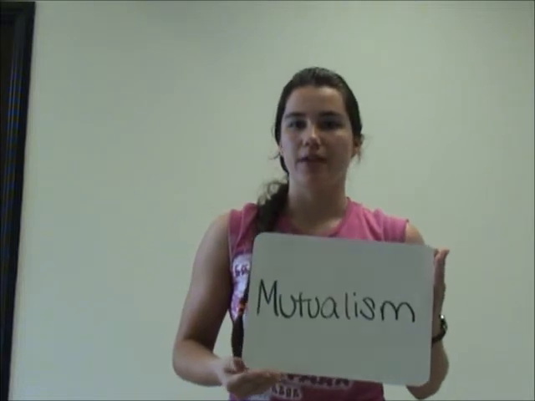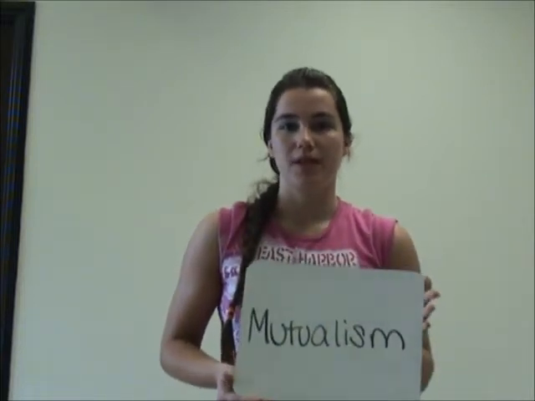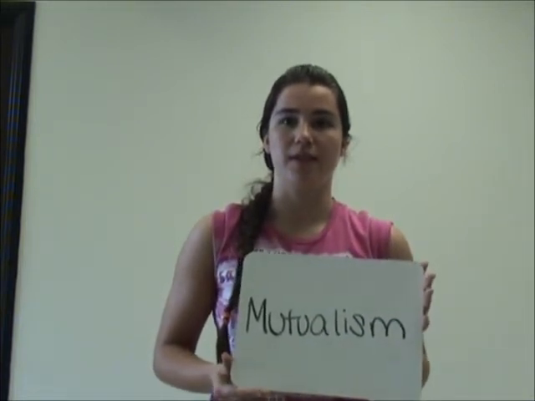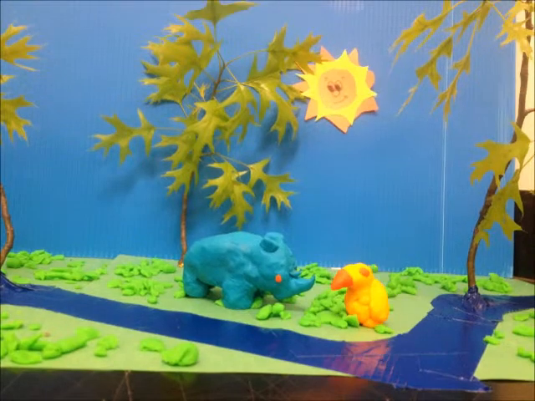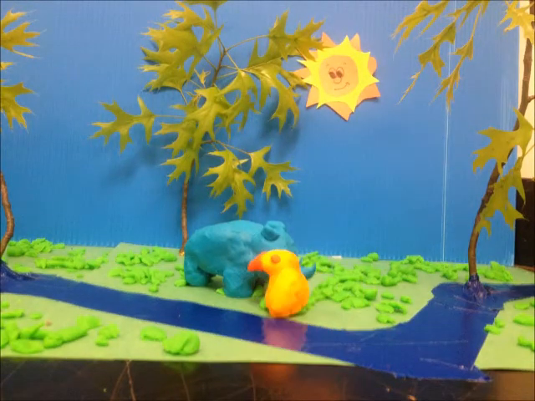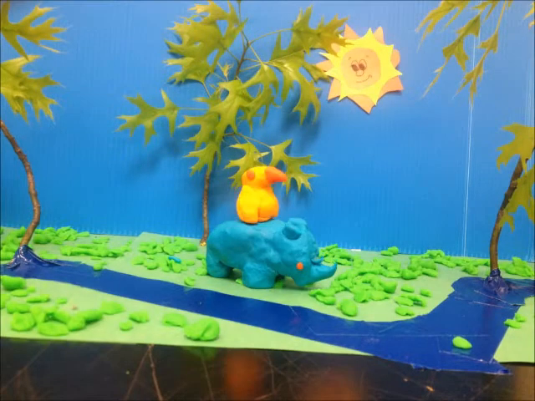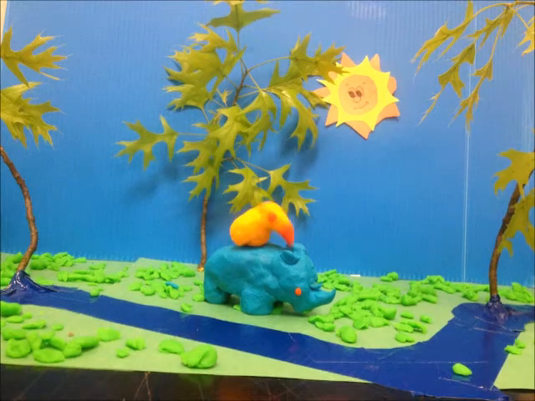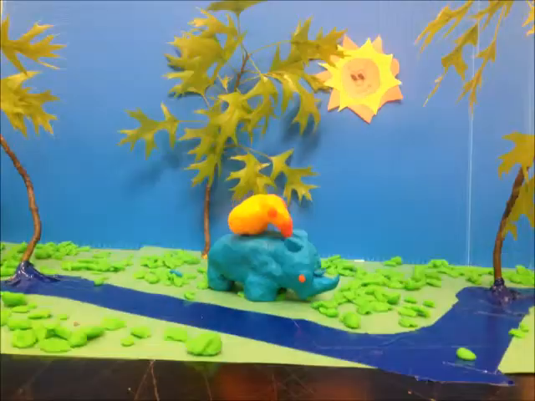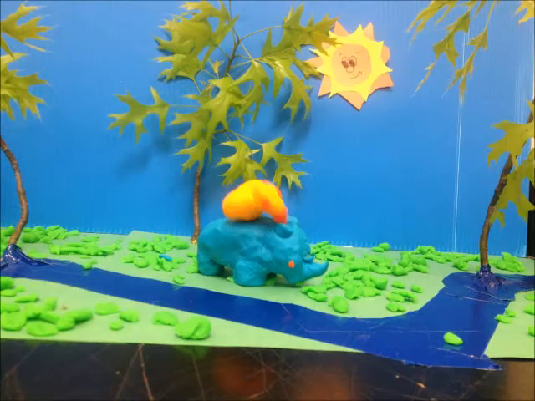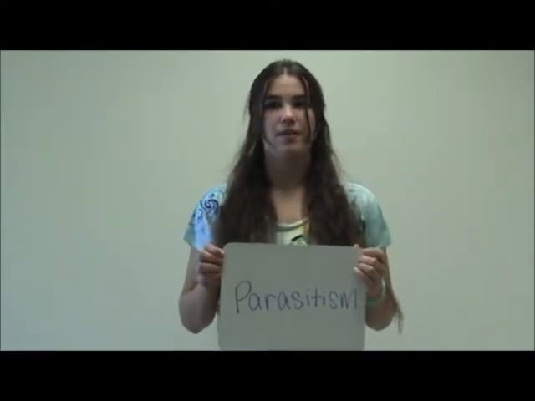Another type of symbiotic relationship is called mutualism. In this type of symbiotic relationship, both organisms benefit from their interactions. Going back to the diagram, an example of mutualism would be between the blue rhinoceros and the bird. The bird eats the mites off of the rhinoceros's back, and the rhinoceros benefits from this because now he doesn't have mites and his skin won't get itchy or infected. And the bird gets food! Parasitism is when an organism feeds off another, meaning one benefits while the other is harmed.